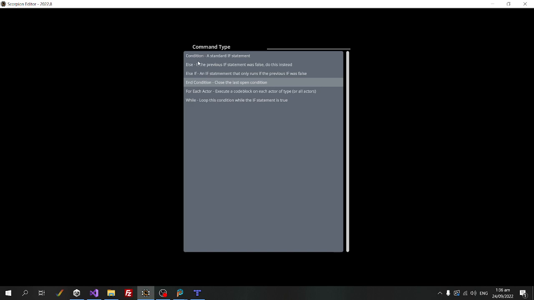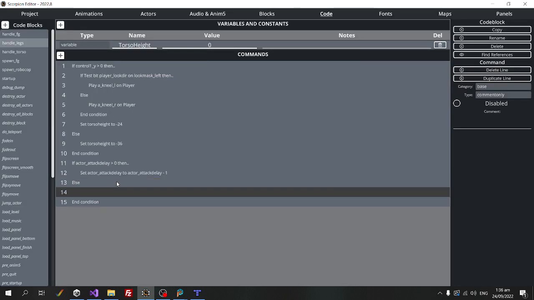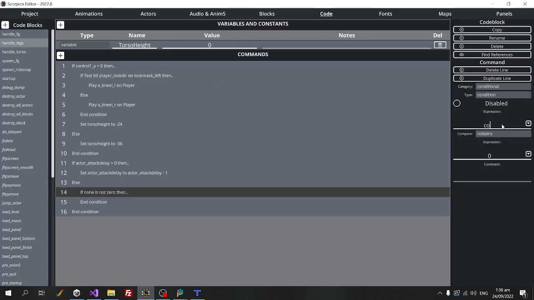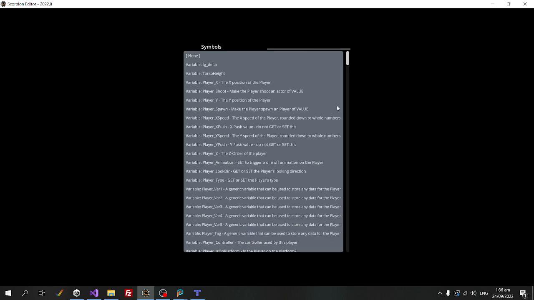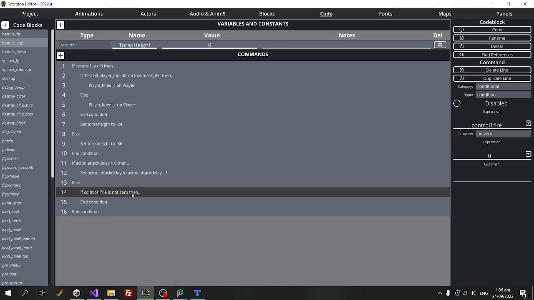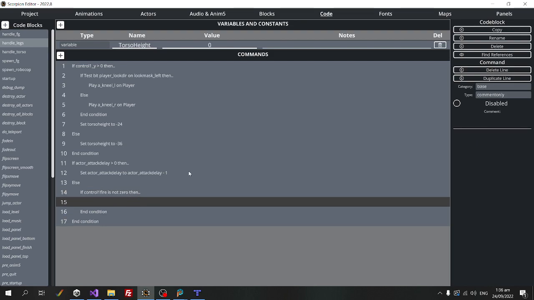Else, a condition if control 1 fire. Oh, okay, it's just one word. If it's not 0, then